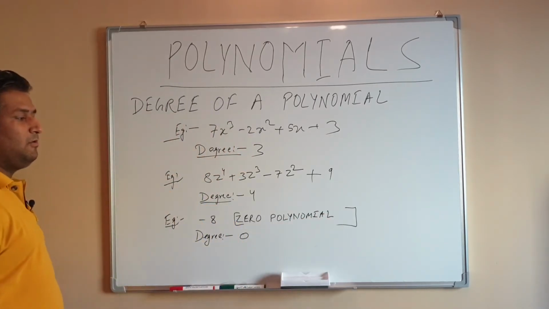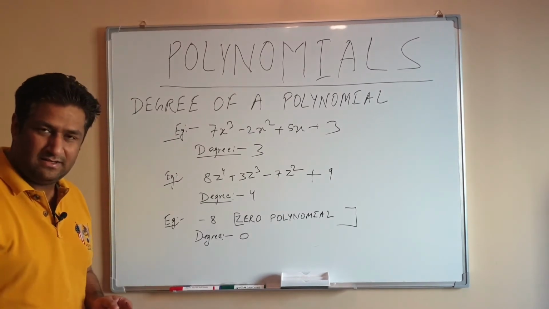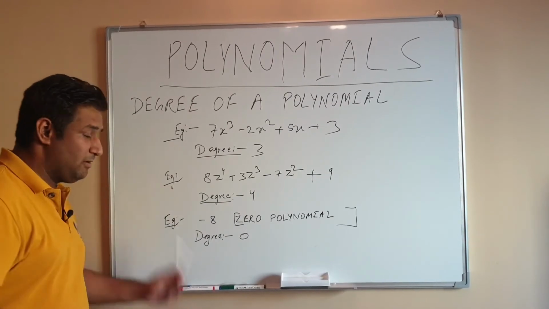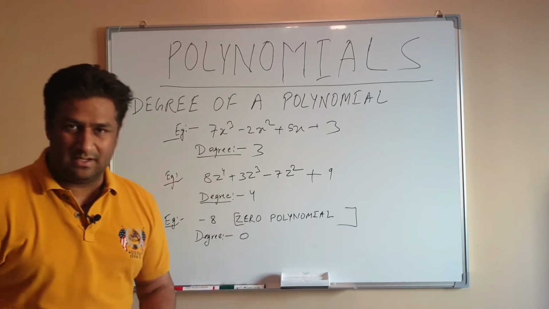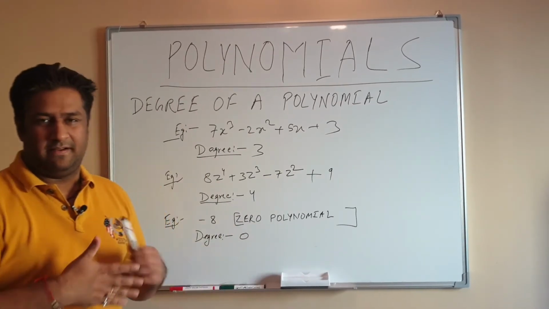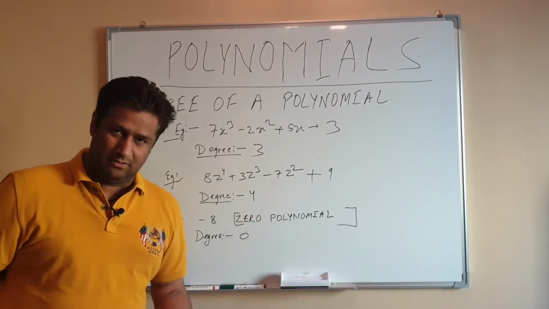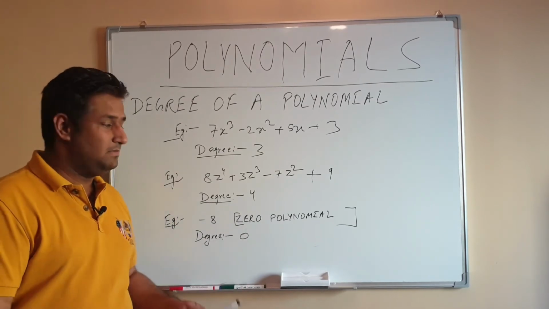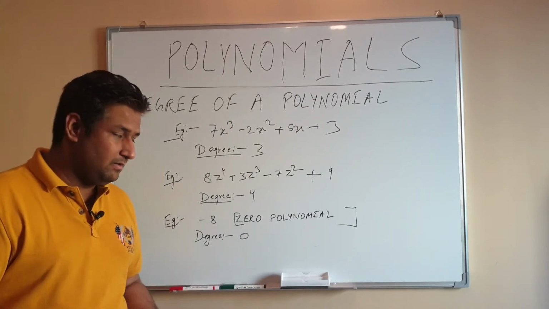right? So zero polynomial means when you have the degree of the polynomial as 0, so that particular polynomial will be known as a zero polynomial, and obviously you are going to have only number terms in that, like for example negative 8, 2, 5, 7, whatever, minus 5 by 2. So all are going to be your zero polynomials. Okay, so they can ask you as a tricky question in the exam what a zero polynomial is. So you have to write this basically.